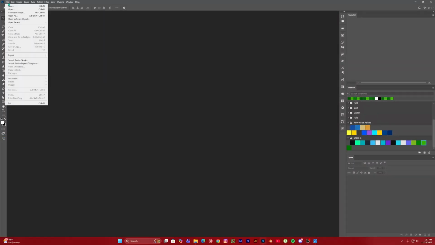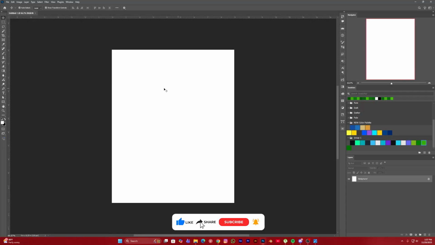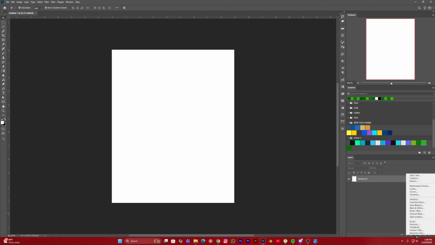So first I will create a new document. We're going with 1080 by 1350 at 120 resolution, since we will post for either Instagram or Facebook, so this is the size we will go with. I will create the canvas like this, and then the next thing I will do is create the gradient